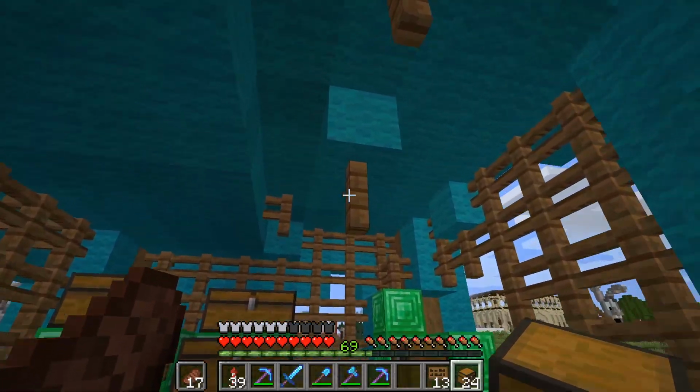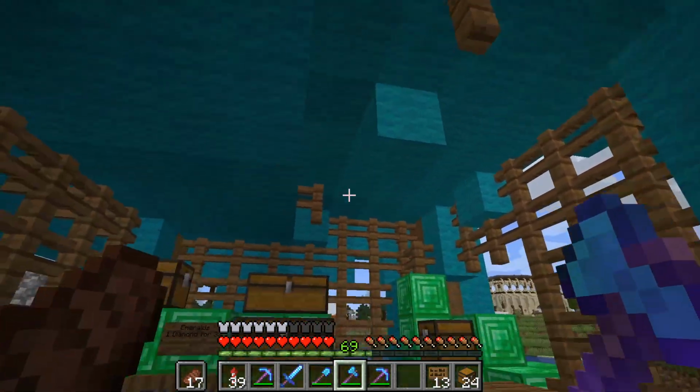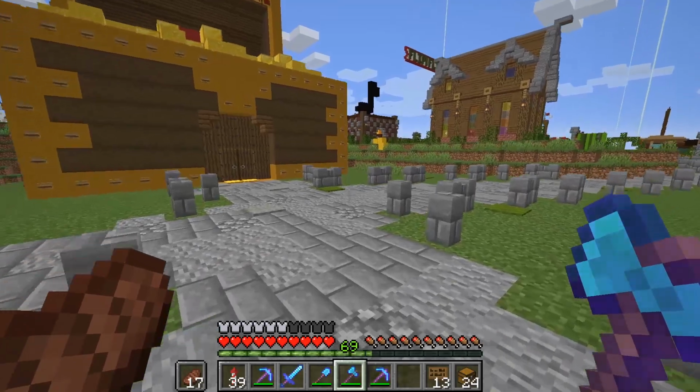So we need those lamps. I think this one's going to be a bit low, so we'll just put a lamp on that block. Lamp there. Lamp there. Maybe a lamp over here. And then, yeah. I basically just copied the...